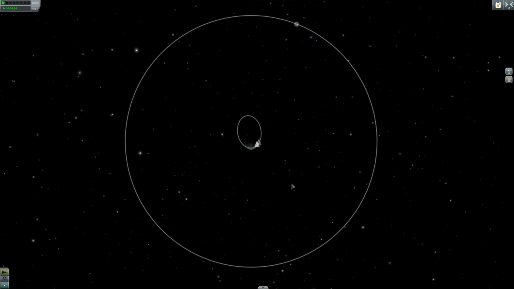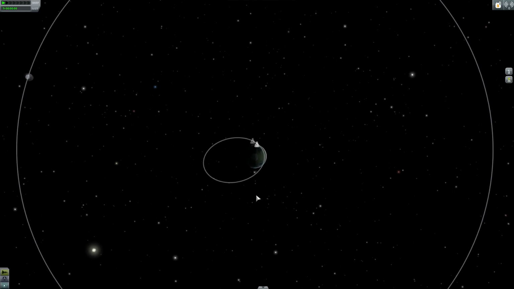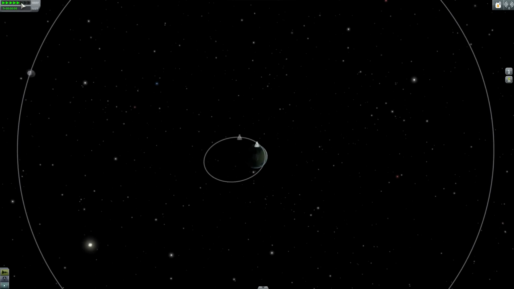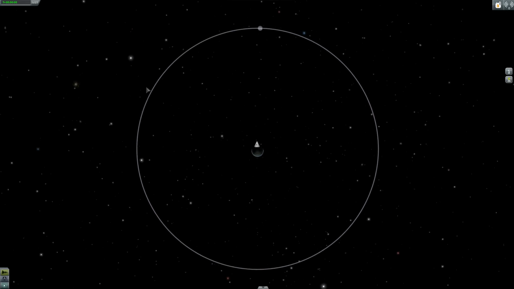Okay. Oh, you know what? The moon's in a pretty good spot right now. But I'm going to fast forward it around. We really want the moon to be right about there when we launch. So I'm going to fast forward it, and I'll probably pause the game until it's made its way all the way around to where I want it to be. But if I get it on the first try...